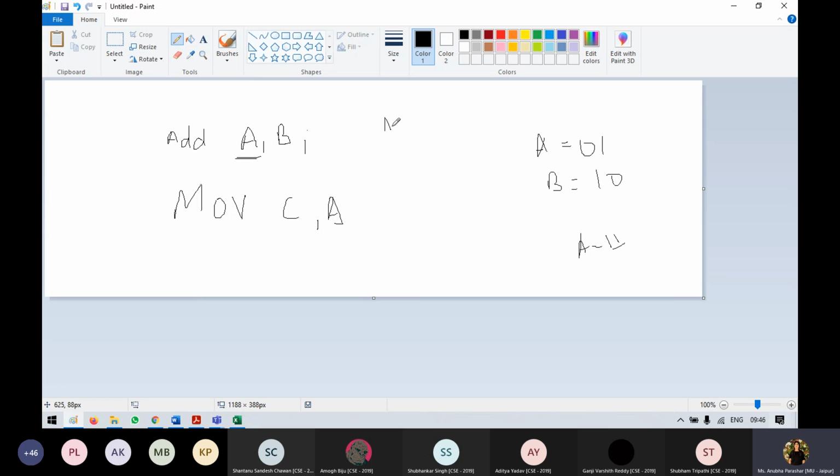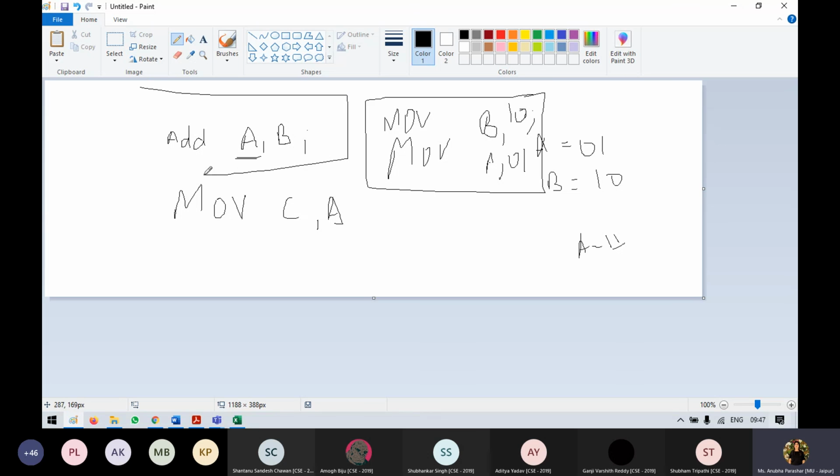So what you have to do is move B, comma 10, right? This is the first thing. Then move A, comma 01. So these are two instructions, and this is the third one, the add. That is why 3 instructions are required. First, second, and third.